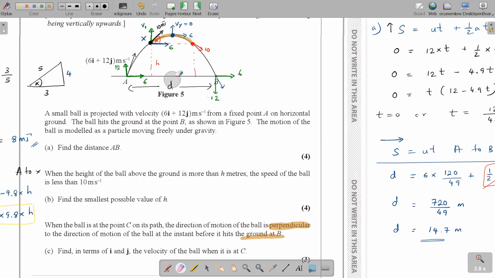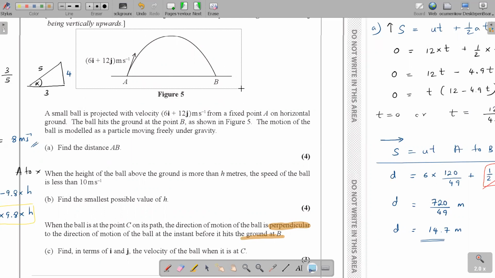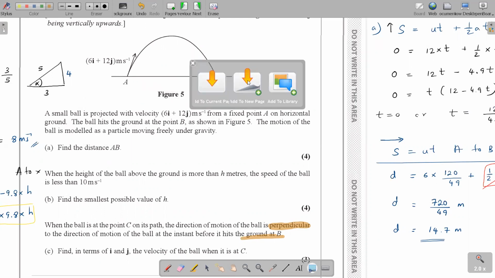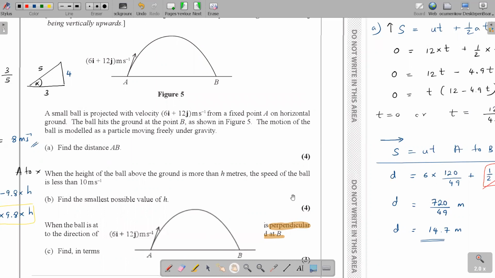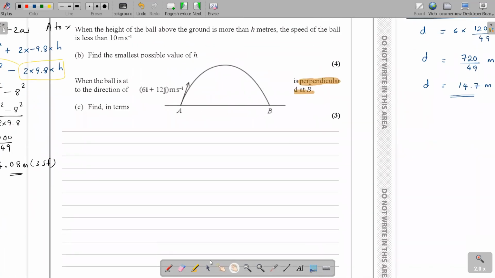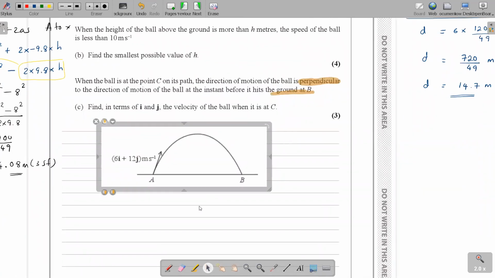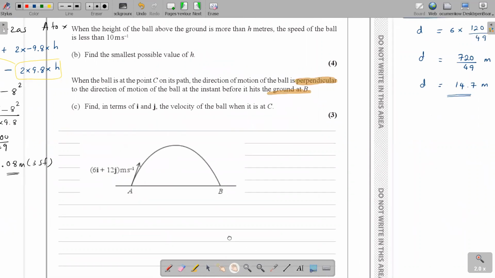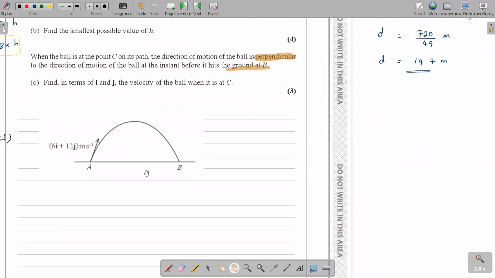So what I'll do is erase everything over here, and let me bring a copy of this down here. Now look, what you require here is to understand what they actually require from you.